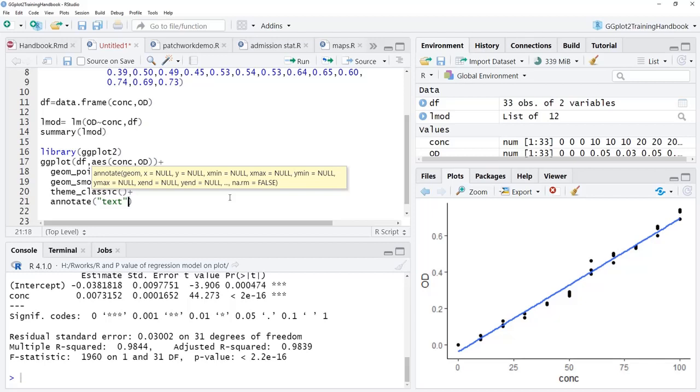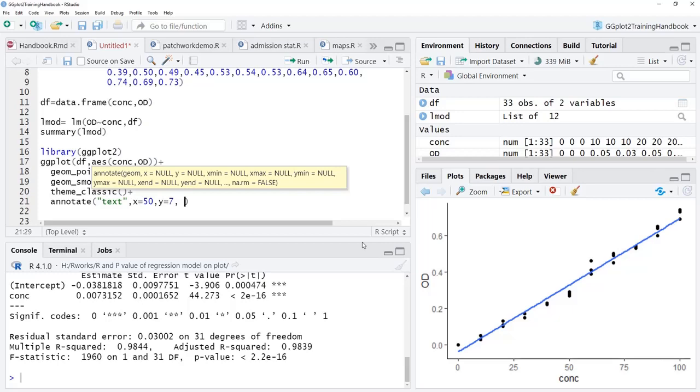Annotation, you can add any geom there. Here we are going to use text. The first argument after geom is the x position, and that x position for our text shall not overlap the important elements of the plot. Therefore, I will choose x is equal to 50, and for y, again not to overlap, I will use y is equal to 7,